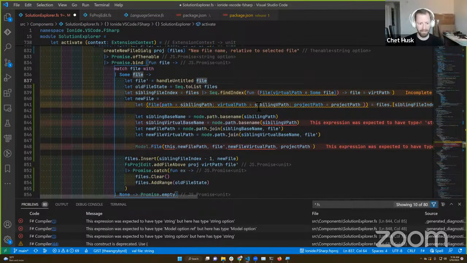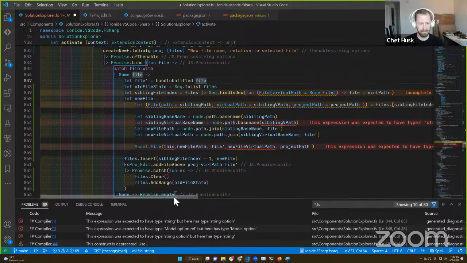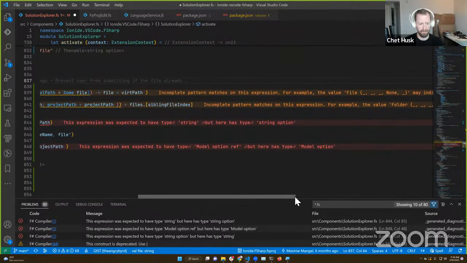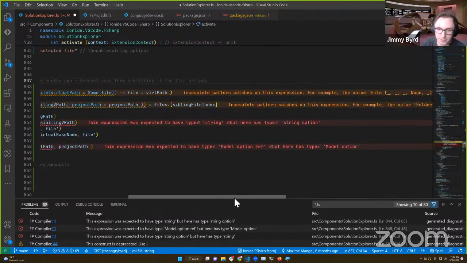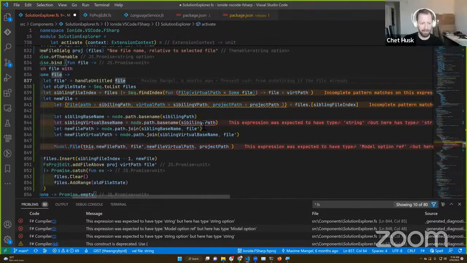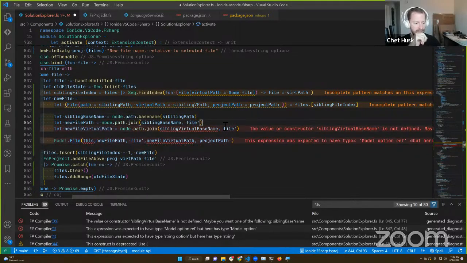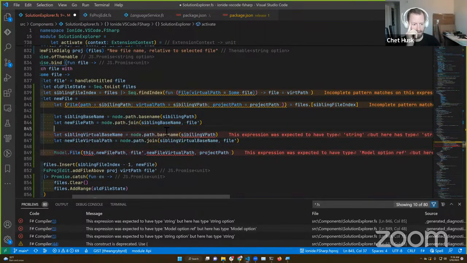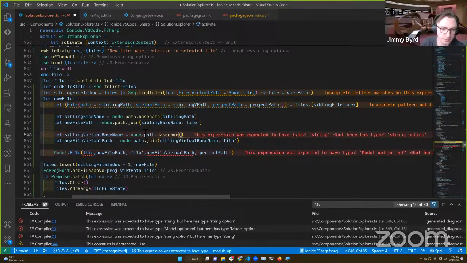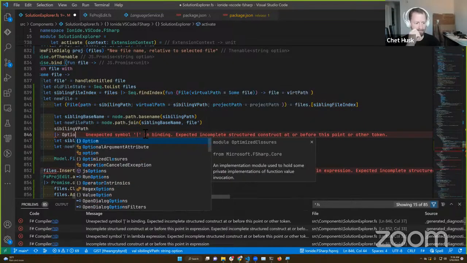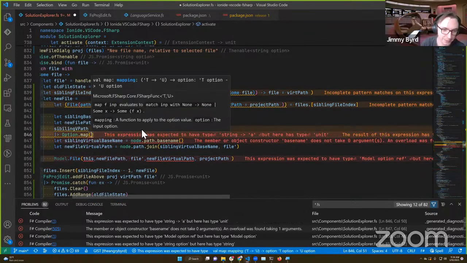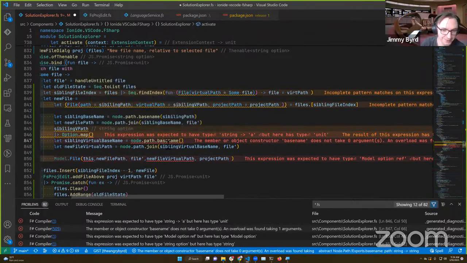Okay, so what's complaining? It's going to be a pattern match, obviously. Yeah, that's fine. That's an optional. So well, I guess that's fine. I don't think it's ever really optional. Yeah, but I can just do the fun, like, oh, option map. Just option map my way to success. Accurate.